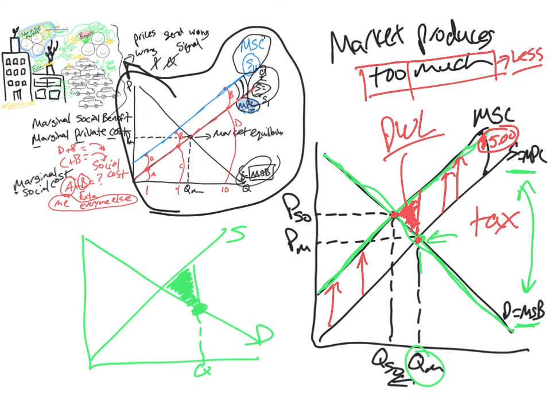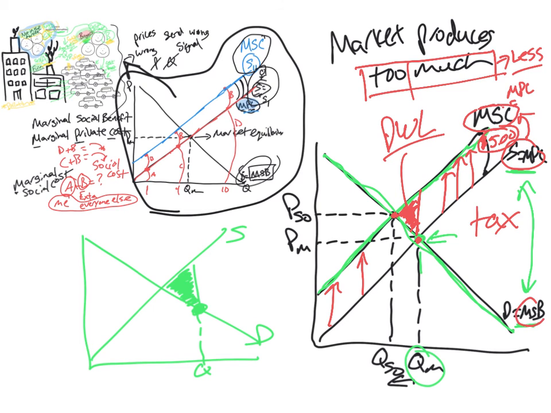So we tax it by that amount, and that would shift the supply curve up by that amount. So this curve becomes this curve. So the marginal social cost equals the marginal private cost,